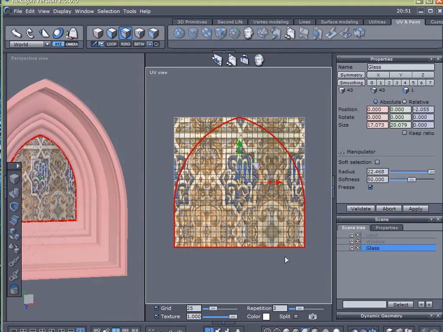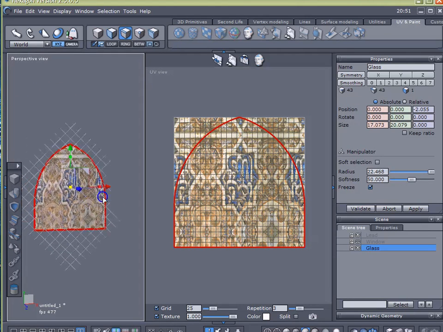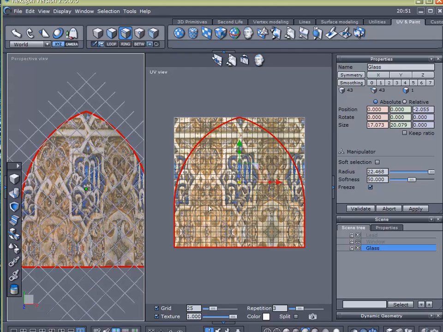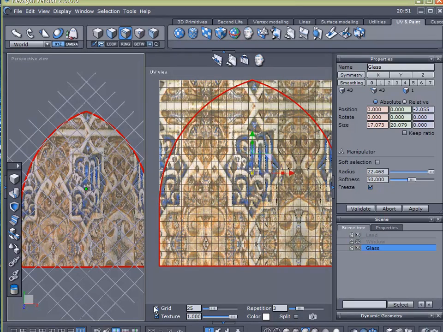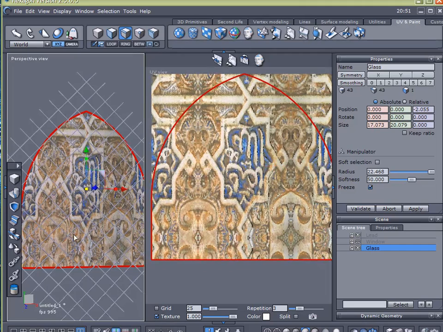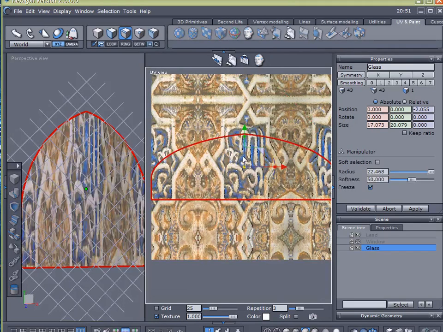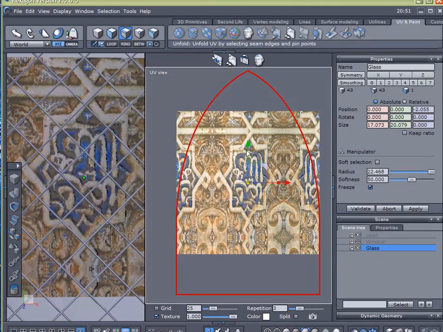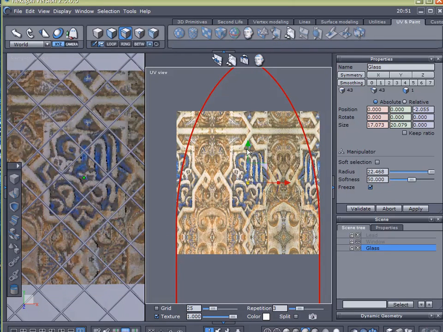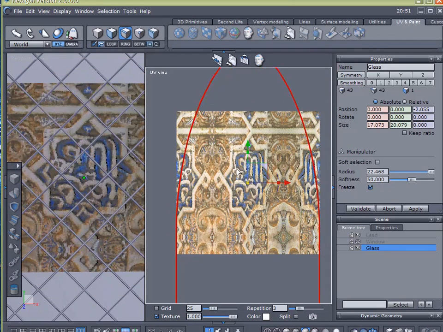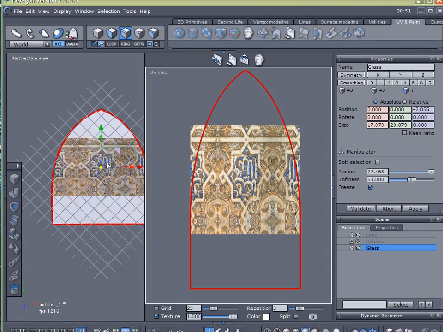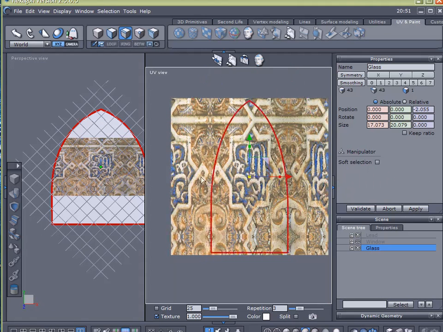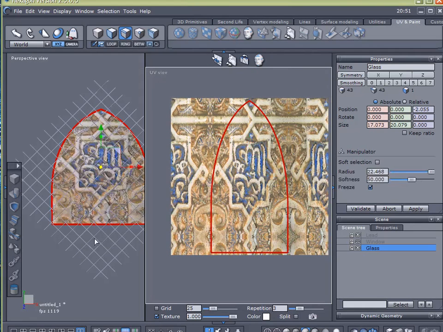Now what I need to do is I need to scale this thing so that, let me hide my grid, so that the picture is not stretched here. So what I'm going to do is pull it down. Oh, no, that's the wrong way. Let's stretch it up. There we are. It might still be a little stretched. Yeah, I think that looks a little bit better. There we are. Well, so now that the whole picture fits within my UV map, I'm going to scale this down so it fits inside, and